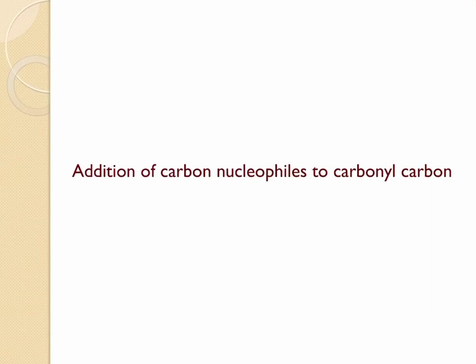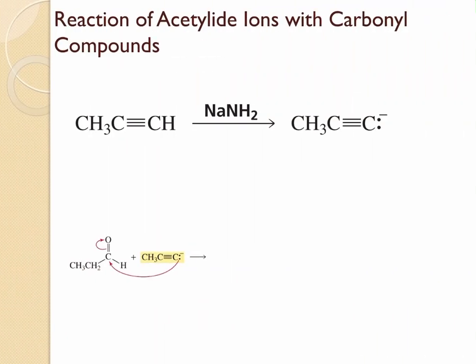Addition of carbon nucleophiles to carbonyl carbon. Terminal alkynes, when they react with a strong base such as NaNH2, give us the acetylide ion. Acetylide ion is another carbon nucleophile which can add to the carbon-oxygen double bond of aldehydes and ketones. So this acetylide ion can make a nucleophilic attack on this carbon, thrusting these electrons onto oxygen to